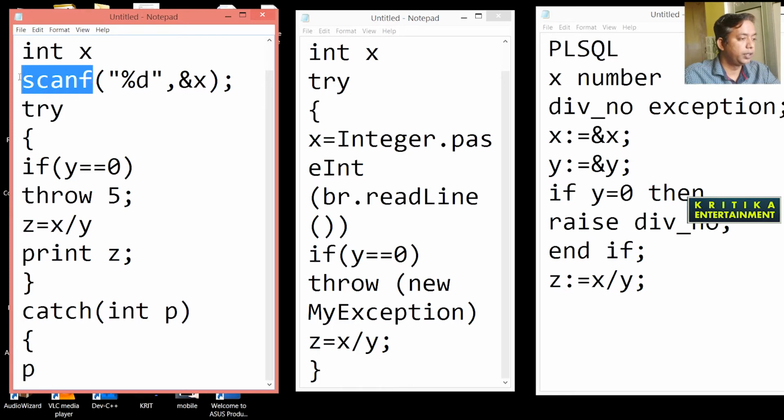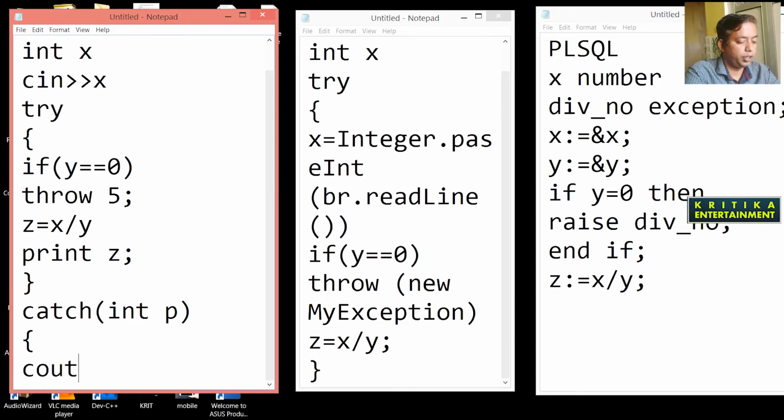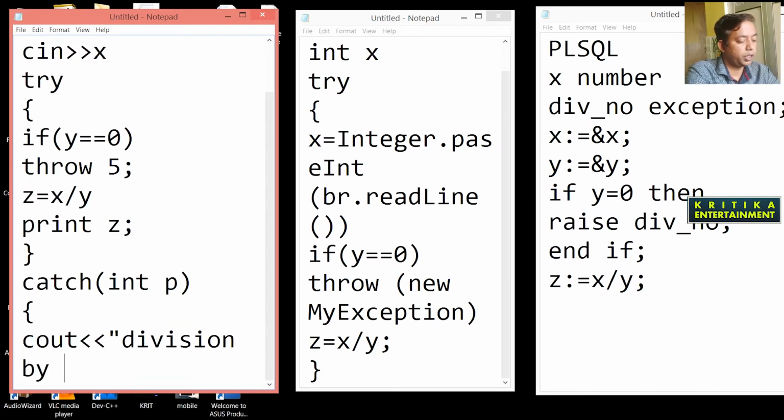Here you write that division by 0 is not possible.